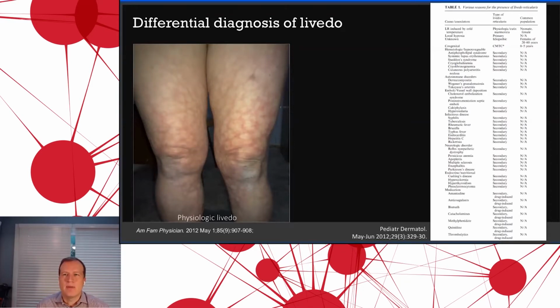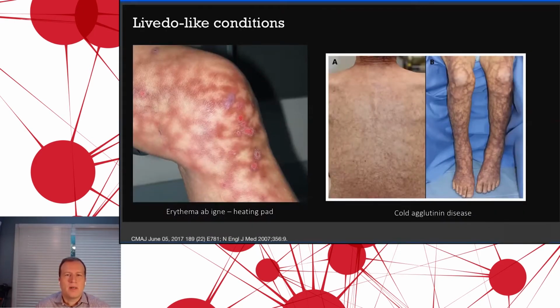And the differential diagnosis for livedo reticularis is quite broad. There's a number of different diseases that can cause livedo, as well as obviously just physiologic or normal temperature-dependent livedo as well. And we're not going to go through all of these. But I did want to just point out there are other vasculopathic conditions that certainly can cause a livedo pattern to the skin. And there's even something called erythema ab igne, which is a permanent fixed livedo pattern that often will evolve into a brown coloration. And we see this in patients most commonly with chronic pain syndromes that use heating pads. But occasionally we see this also in people who have laptops and they set the laptops on their thighs for long periods of time as well.